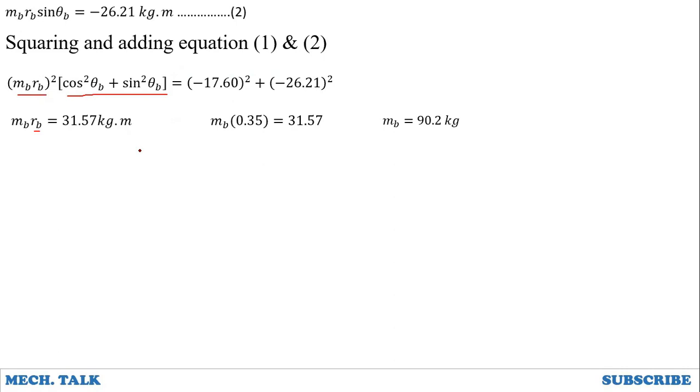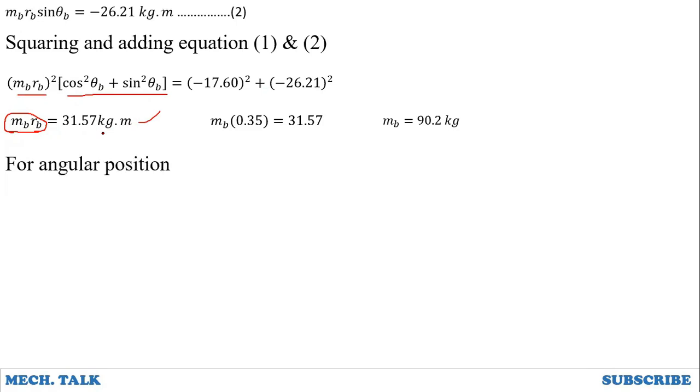Okay, now we have to find the angular position of the balance mass. Since we have found the value of the product mb rb by considering the resultant force, the value of the resultant force and mb rb are the same. We calculated the resultant force and equated it to mb rb. So for the angular position, first we will find the angle of the resultant force, then we will add 180 degrees to find the angle of the balancing mass.